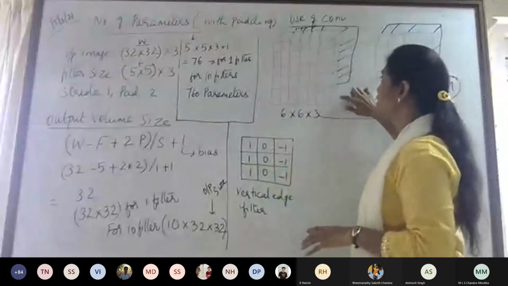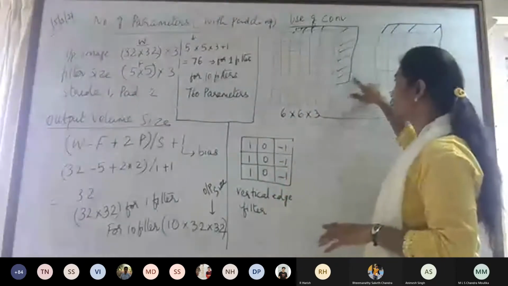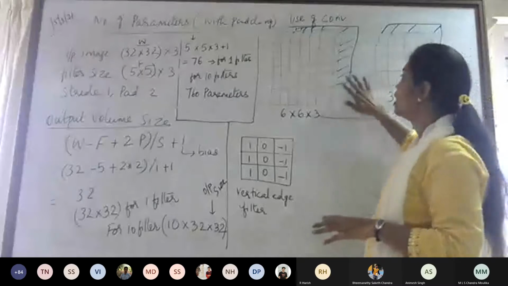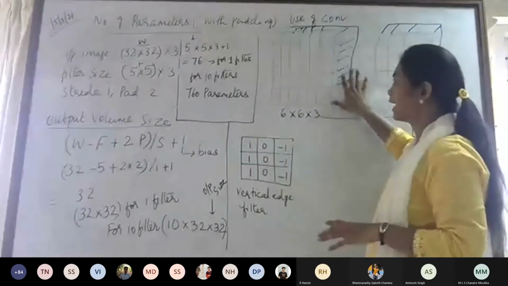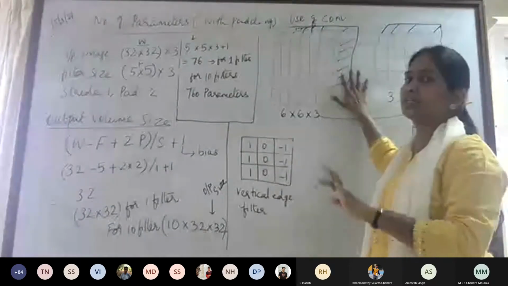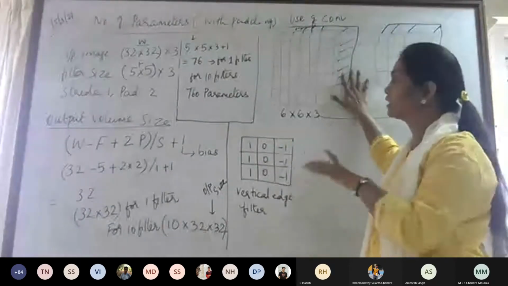Now we move on to what happens to this 3. Now I imagine I have red, green, blue. I have drawn them in those colors. I hope you can see. Just for explanation, I have made it like this. You have red, green and blue layers, or you can call them channels. Each of red, green, blue, we call a channel.